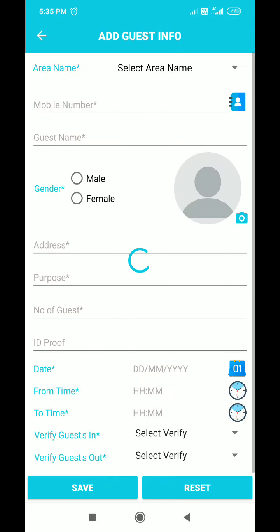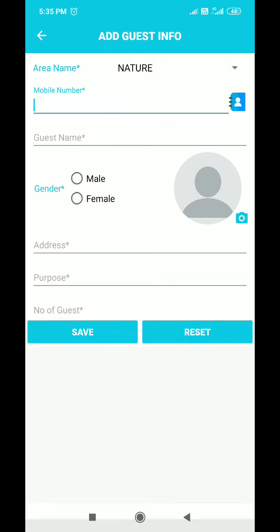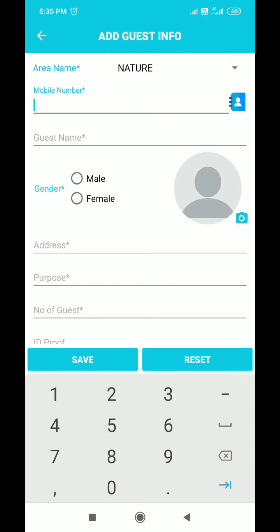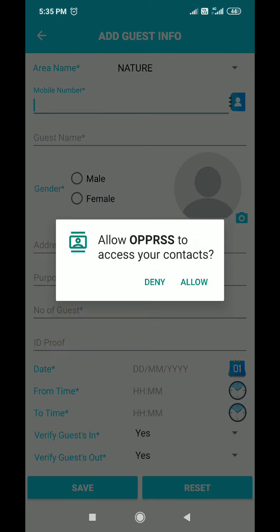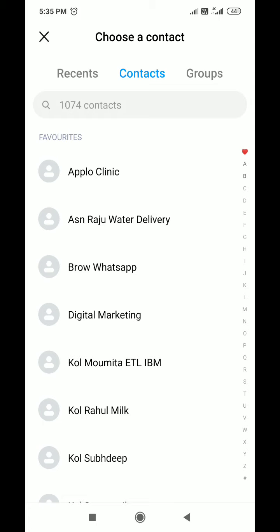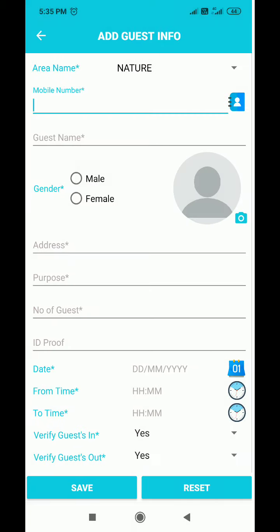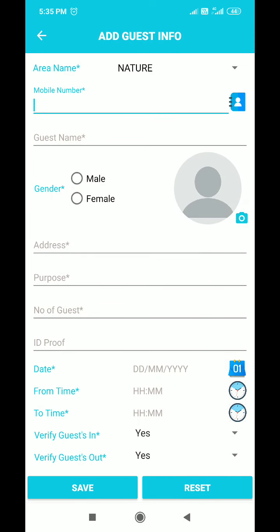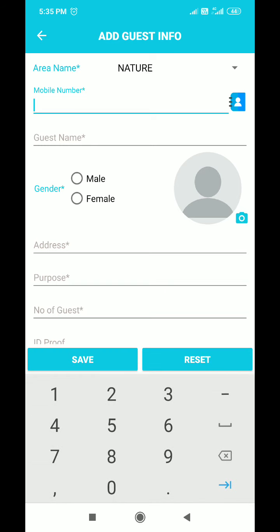So how will it be created? It's very simple. Choose a number. If you have the number in your mobile, you can choose it from your contacts. I'm going to type one random number here.